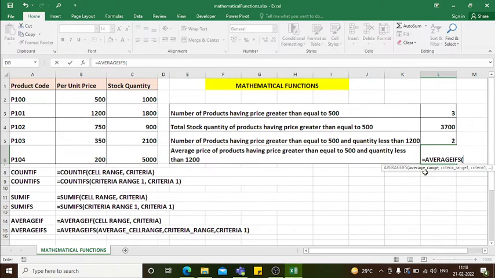We want to calculate the average for which data range? I want to calculate the average price of products. So I select the price data range. This is the first parameter. Next, criteria range 1. So price greater than equal to 500. So my first criteria range is also this per unit price. Okay. And then comma, my criteria 1 I need to define within double quotes, that is price greater than equal to 500,